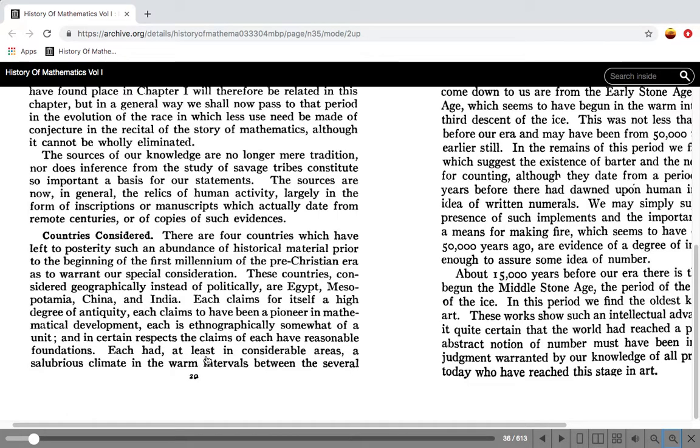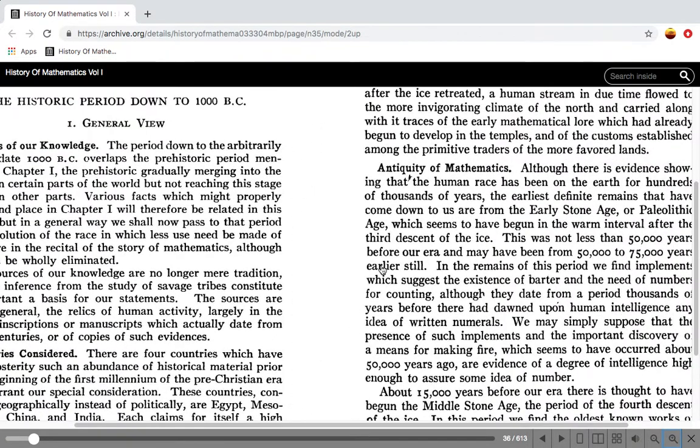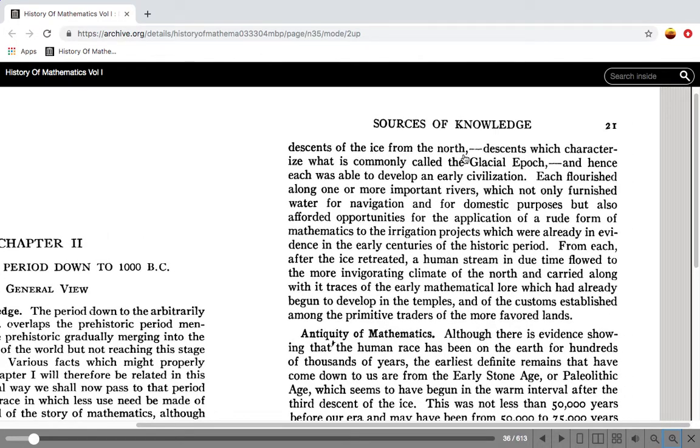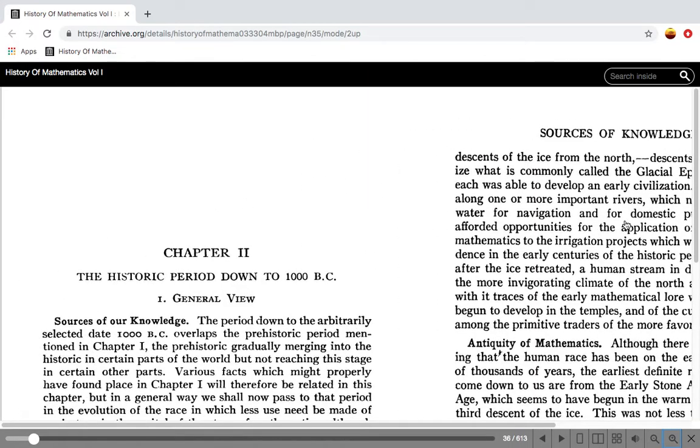Each had, at least in considerable areas, a salubrious climate in the warm intervals between the several descents of the ice from the north, descents which characterize what is commonly called the glacial epoch, and hence each was able to